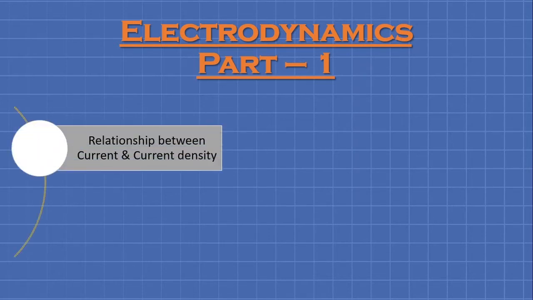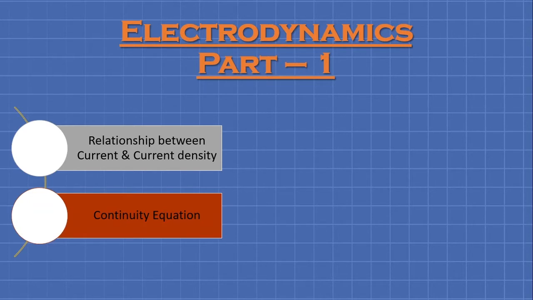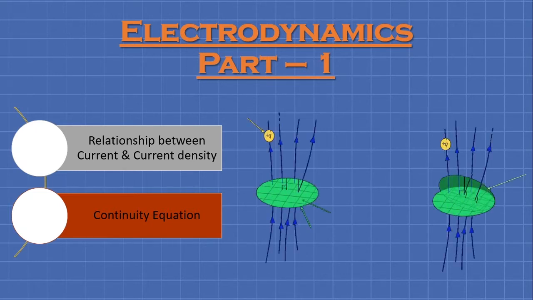We have discussed the potential and the electric field due to electric dipole. From now onwards, we are going to discuss electrodynamics. For the very fundamental topics, we are first going to understand the concept of current and current density. Then we will understand why current density is a very important concept as far as the study in electrodynamics is concerned. Then we will see the relationship between current and current density.